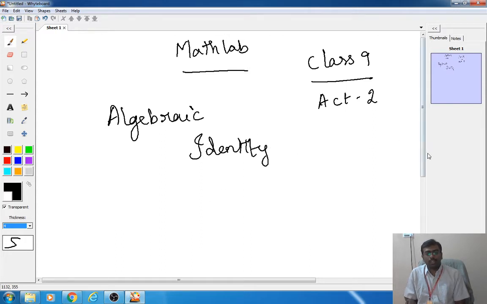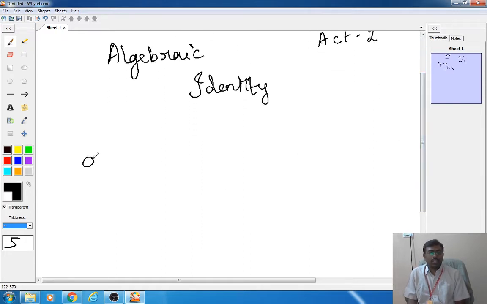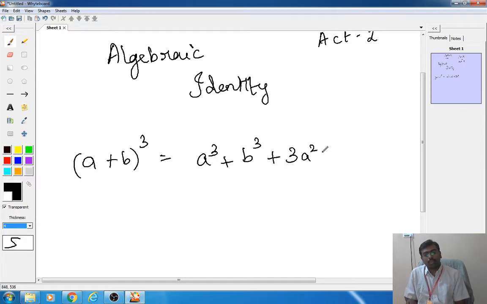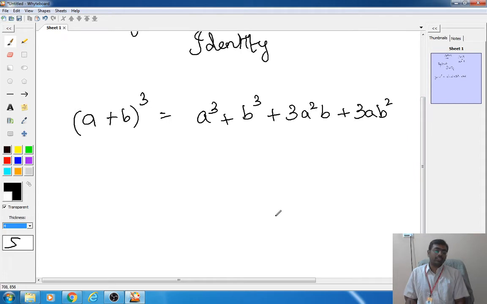So the identity we have taken is (a plus b) the whole cube, which is given by the formula a cube plus b cube plus 3a square b plus 3ab square. We are going to verify this particular formula in the virtual platform.